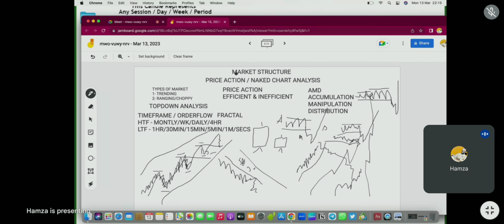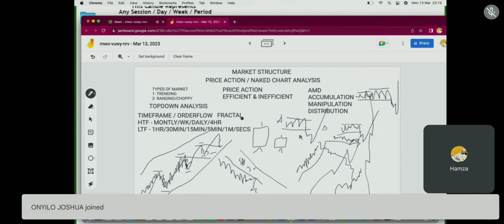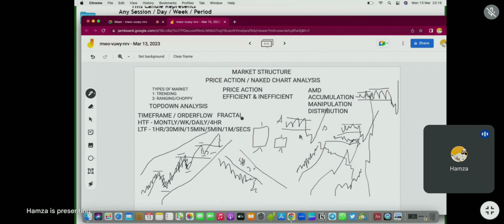This is just the basic context. Consider this just an intro. So the next question you need to ask is, what time